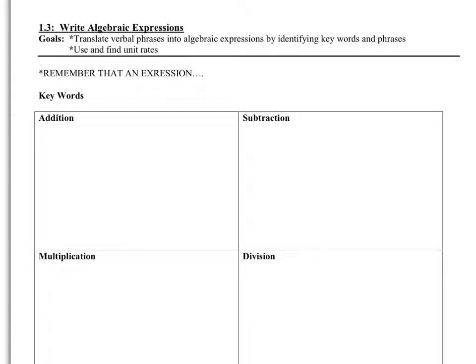Section 1.3 deals with writing algebraic expressions. The ultimate goal here is to translate verbal phrases into expressions by identifying key words and phrases. There are certain keywords out there that mean different mathematical operations. For example, some that you're familiar with might be sum or plus for addition, difference